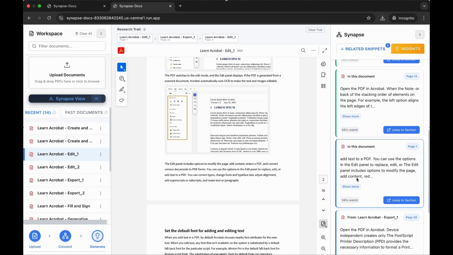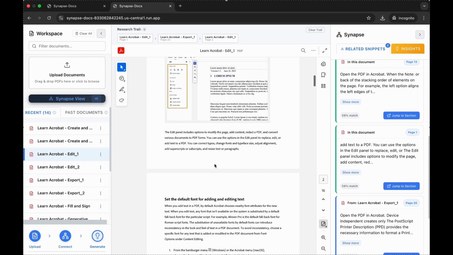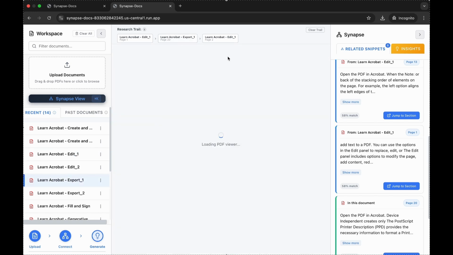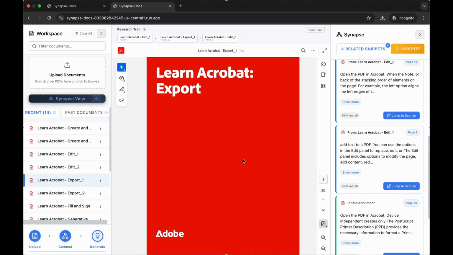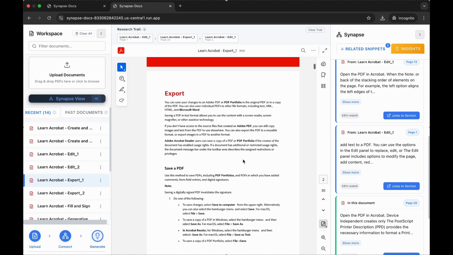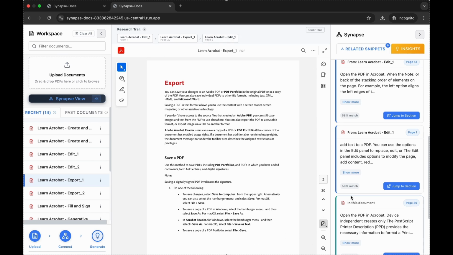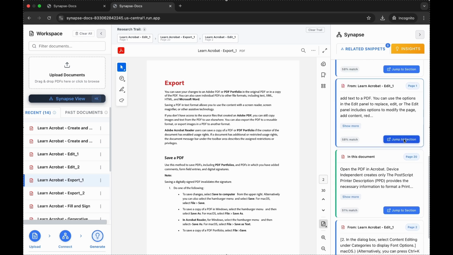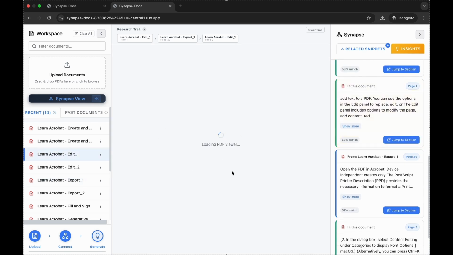Now we'll discuss a very important feature we have implemented, that is the research trail. As a user, you open a PDF and you see snippets which are related to the other documents and you get overwhelmed. So how do you simplify this? You simplify this by having a research trail. When you open a document and select a text and you see related snippets being generated, you click on jump to section and then you go to another page,